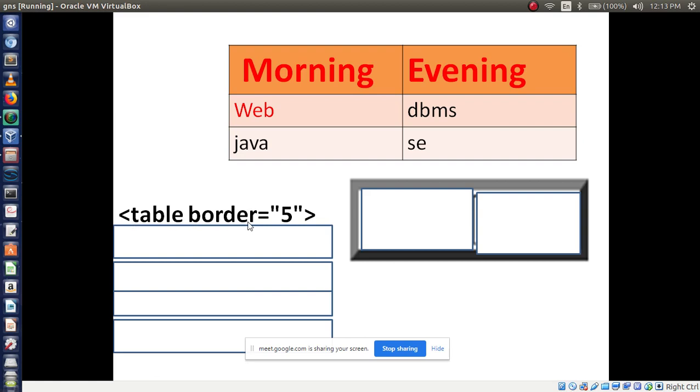Remember, border is an attribute. What is the size of the border? Here I am using border size 5. Choice is yours, you can give any number. So I displayed a border like this, its size is 5. So first point is clear. All of you write table followed by border equal to the size you have to give. I am taking 5. After writing this code, you will get a border like this.